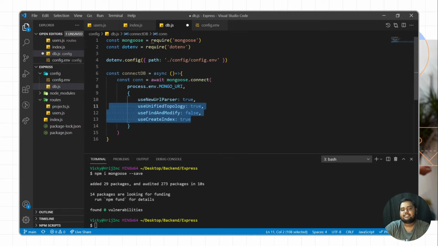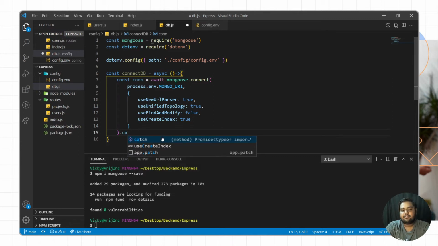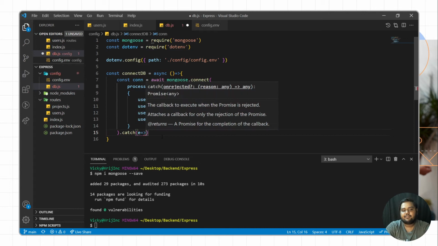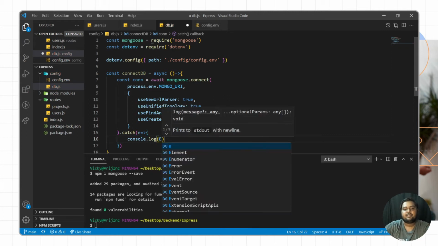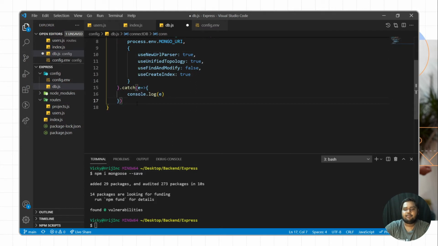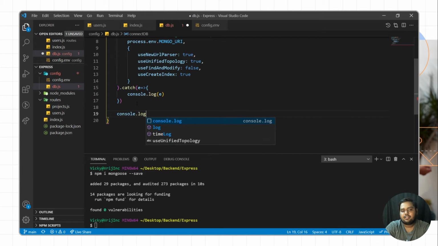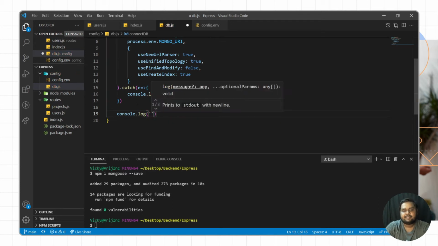Okay, so this is the default object. If this logic connects, then okay, and if we are getting any issues, we can handle them with the catch block, and here we can get the error. So here we can print the error. Now, if the MongoDB database is connected, here we can write console.log and print the message. Let's say MongoDB is connected,